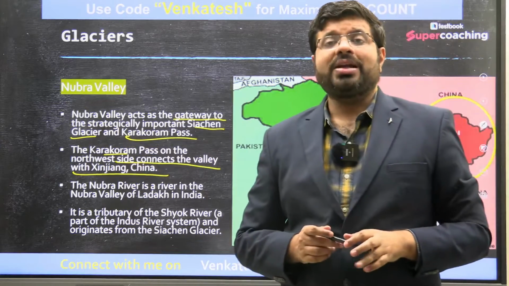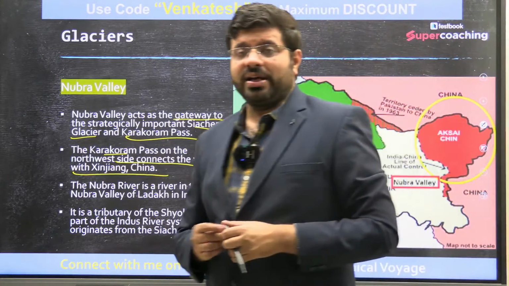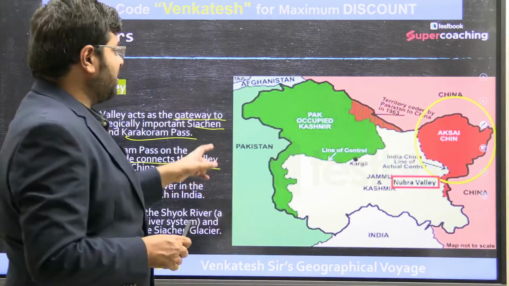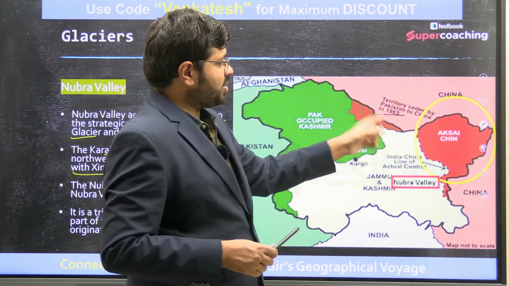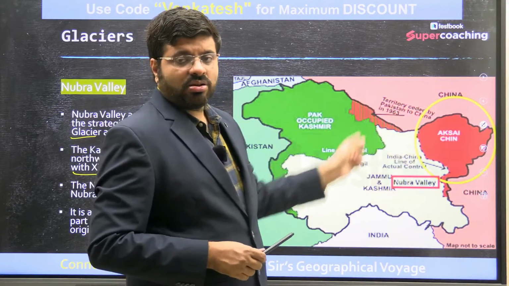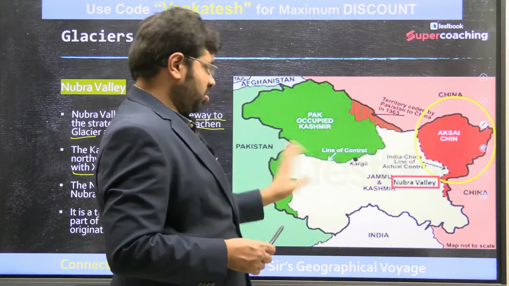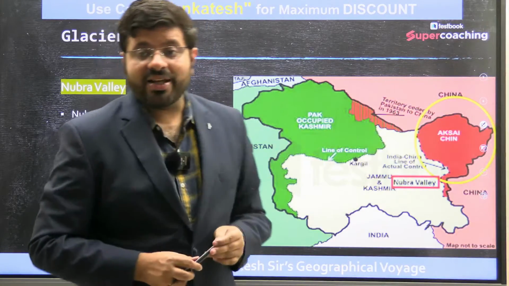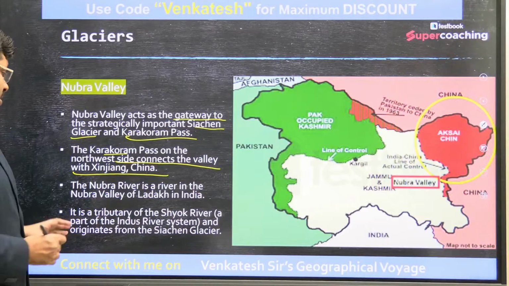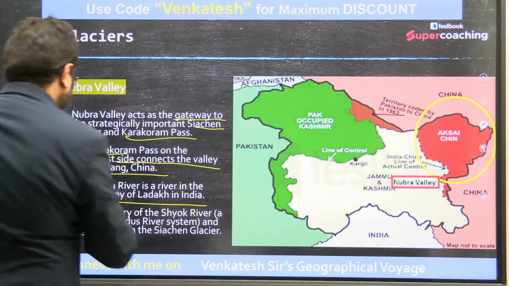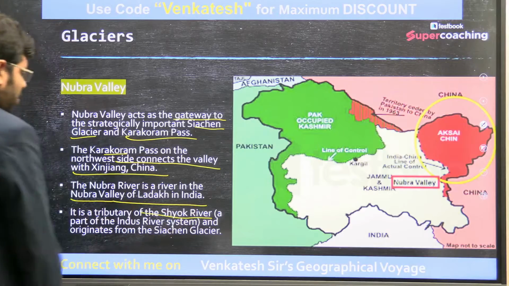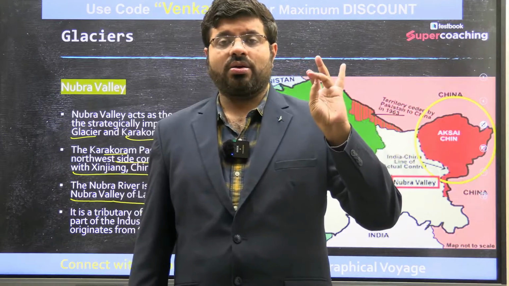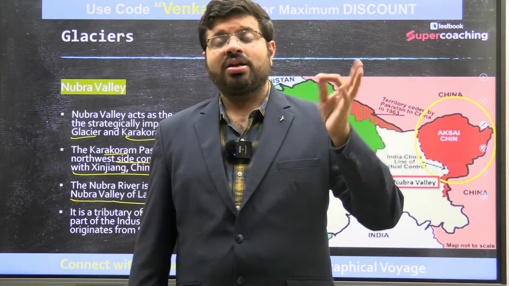I think recently the Belt and Road Initiative, which was started by China, India is rejecting because it is entering into the territory of India, where Pakistan has ceded to China. You see, territory ceded by Pakistan to China. This is the conflicted region. Belt and Road Initiative passes through this. So for all this control, Nubra Valley is the connecting point. That's where Nubra is very, very important. So that's why they are asking this question. Nubra River is a river in the Nubra Valley of Ladakh in India, tributary of the Shok River. So next time I want you to remember Siachen, Karakoram, Nubra Valley, Nubra River, tributary of Shok.